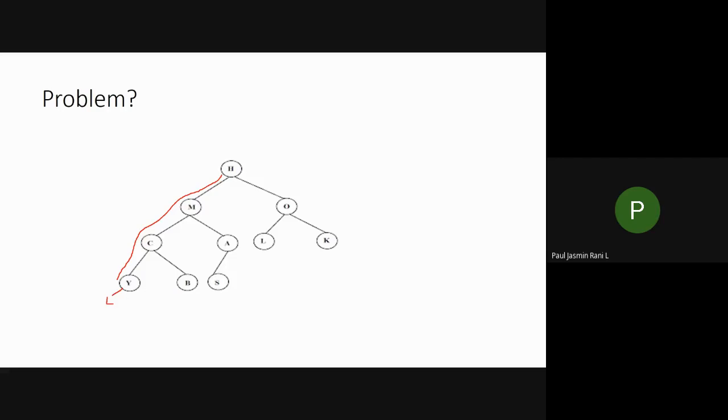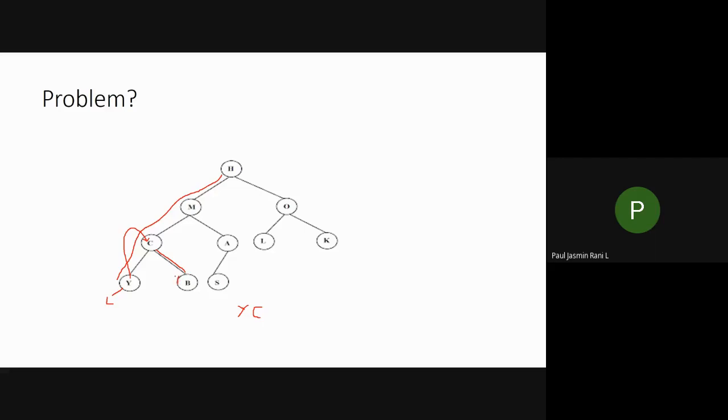Now you have to visit, that is, print the Y. After printing Y, you have to see the parent node of Y. Who is the parent node of Y? C is the parent node of Y. If the left child is over, now the parent is ready to print. Now I can print the C. When the parent is over, I have to travel along the right subtree. So now I'm moving to the right subtree, and I have only one element.